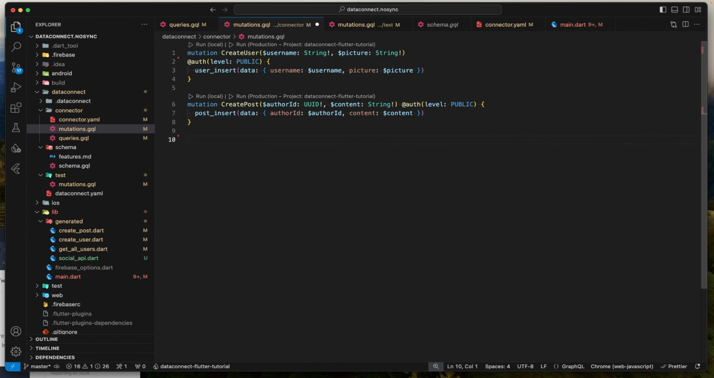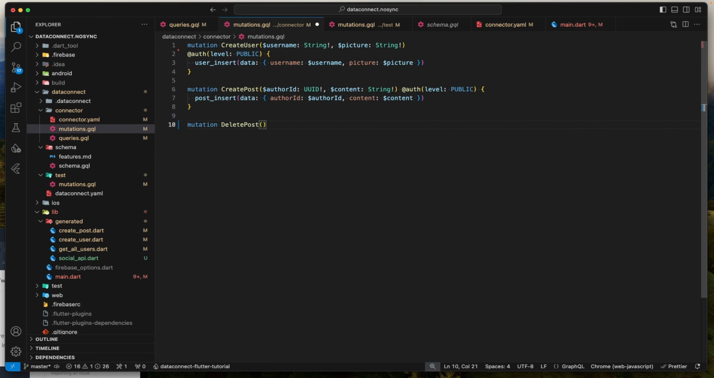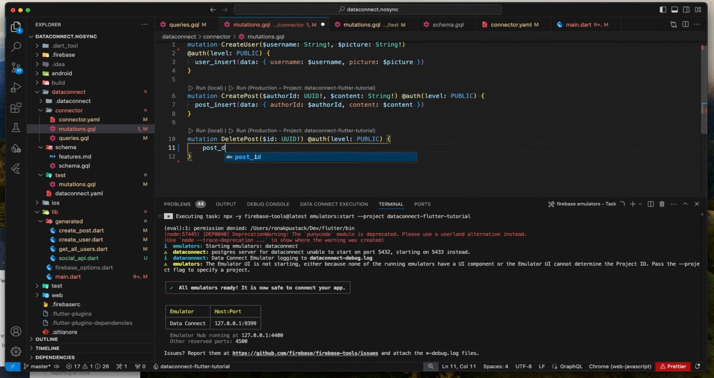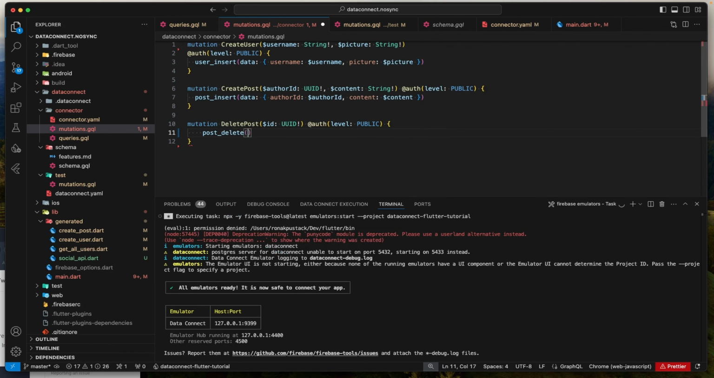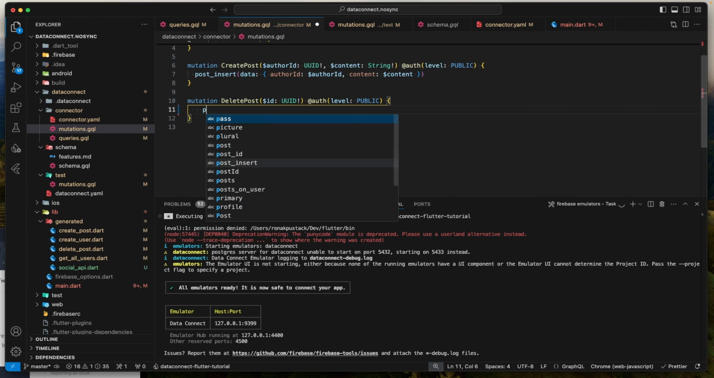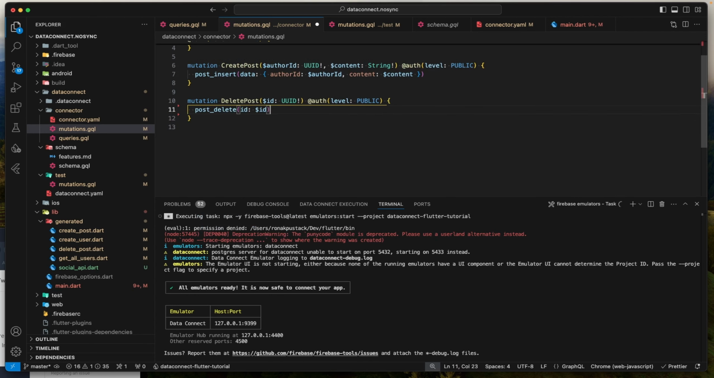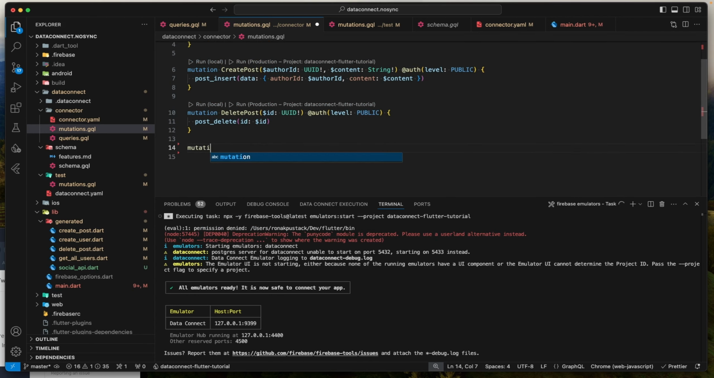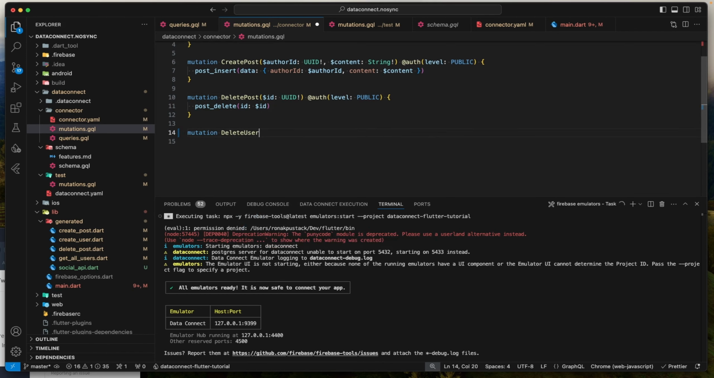Now then, we can create user, create post. Let's add functionality to delete a post. So you can just write ID, and we can delete a post just by the ID of the post. Write level to public, post delete, ID $ID. For some reason the autocomplete is not working, but anyways, I can then write something to delete our